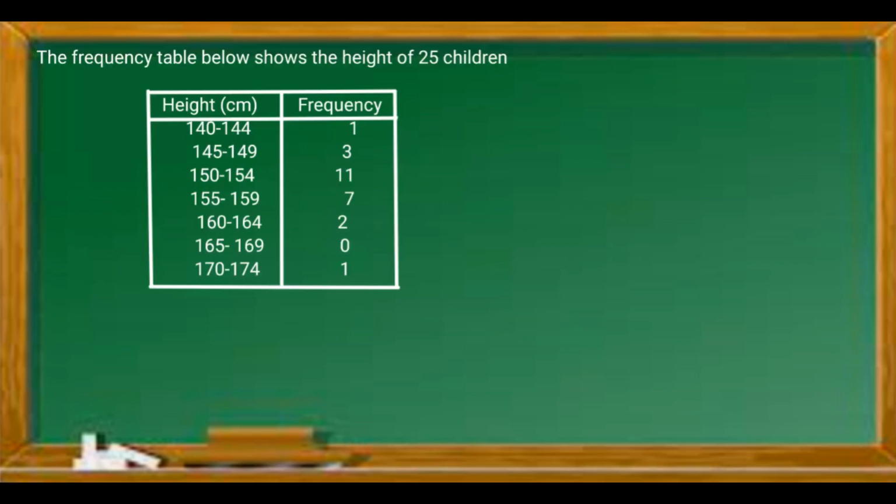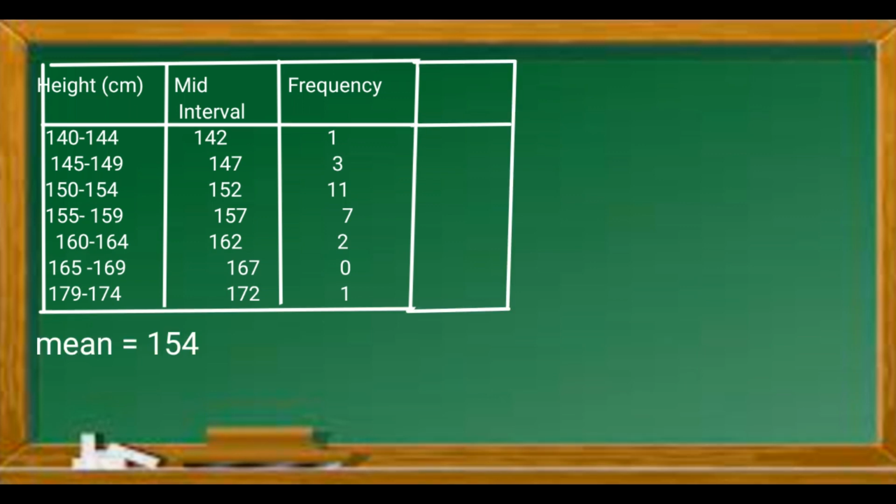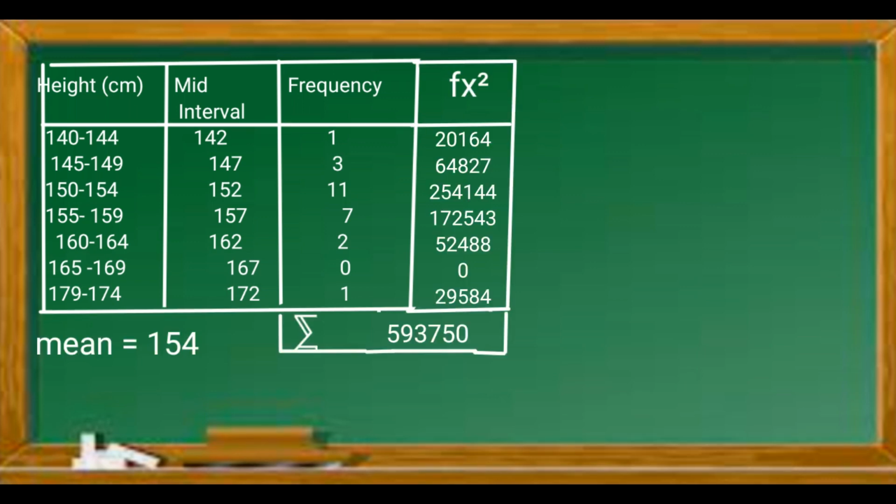Example 3. The frequency table below shows the height of 25 children. So first, we find the mean by calculating the midpoint. So the mean is 154. Then we find f multiplied by x squared. The table shows, and the sum of it,